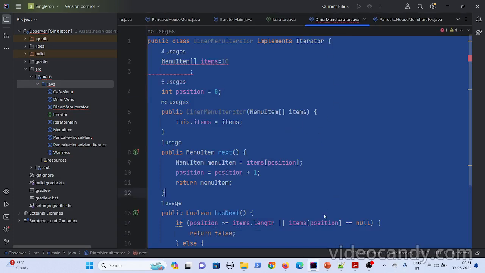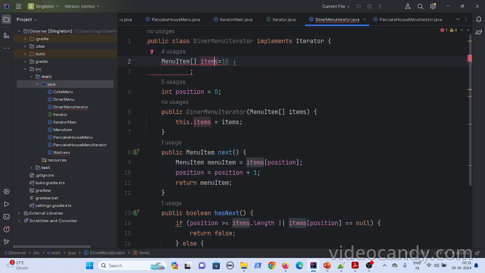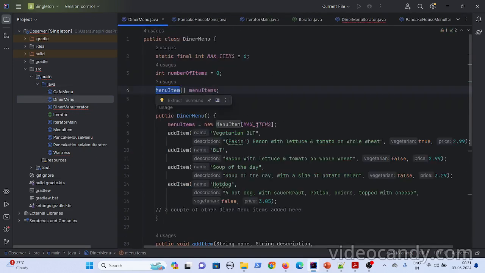That check is not required, because in the primitive array, by default you assign a few elements while creating the instance itself. If you see the diner menu, whenever you are creating the menu item, you are instantiating with 6 items.